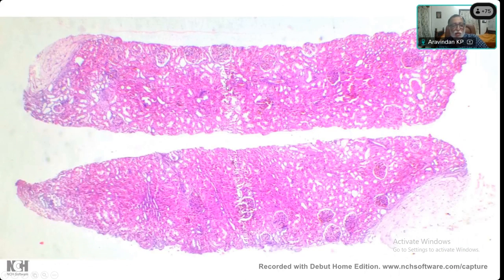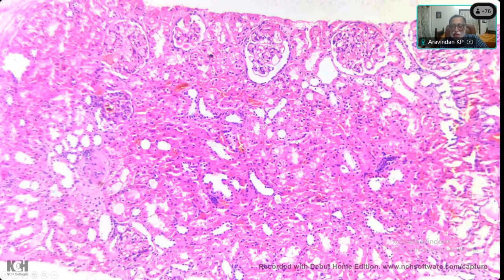So this is another picture. Again, it's confirming that all the tubules are more or less back to back. Yes, sir. Okay, when they are back to back like this, without any intervening cells, then you know that there is not much of significant fibrosis. Yes, sir. An occasional sclerosed glomerulus can be seen in older people above 50. You would expect an occasional one. That doesn't really matter all that much if you find only an occasional one. But otherwise, it looks okay.